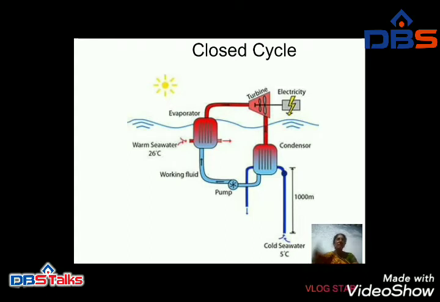That means the heat exchangers, the evaporator and condenser, are a large and crucial component of the closed cycle power plant, both in terms of actual size and capital cost. This is about the closed cycle, that is called the Rankine cycle. So we show the figure.